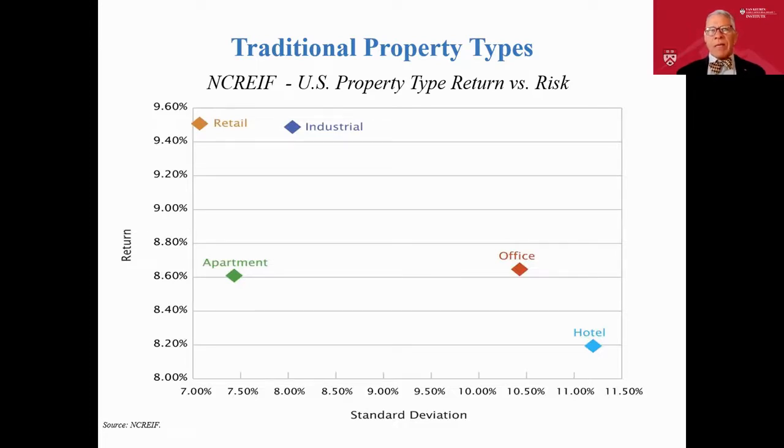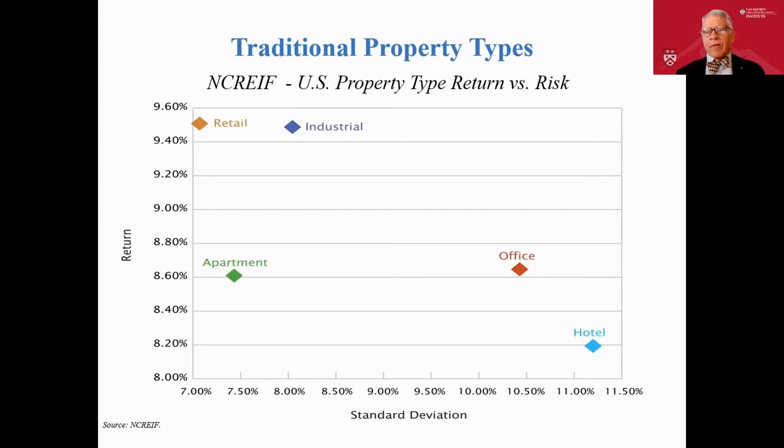And in 1978, they said, let's form an index. And if you're a member of NCREIF, you put your information into the index, and then you can see what's happening. Now, everybody said, well, I don't want to give my individual information out for other people to see because that might harm my competitive advantage. So when information is put into NCREIF, the information is proprietary or private to NCREIF.